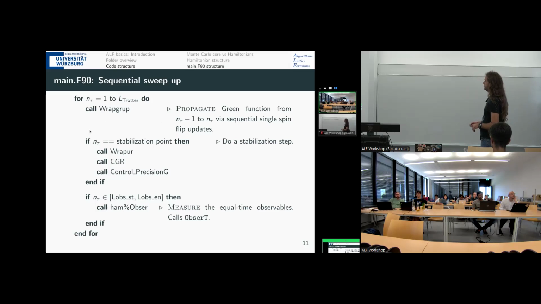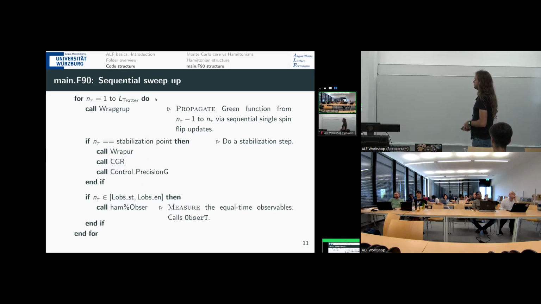And then if the last stabilization was nrep time steps away, then you are at the next stabilization point, and the stabilization step is executed, and it is measured whether the Green function is precise enough. If it's very imprecise, the code will abort,